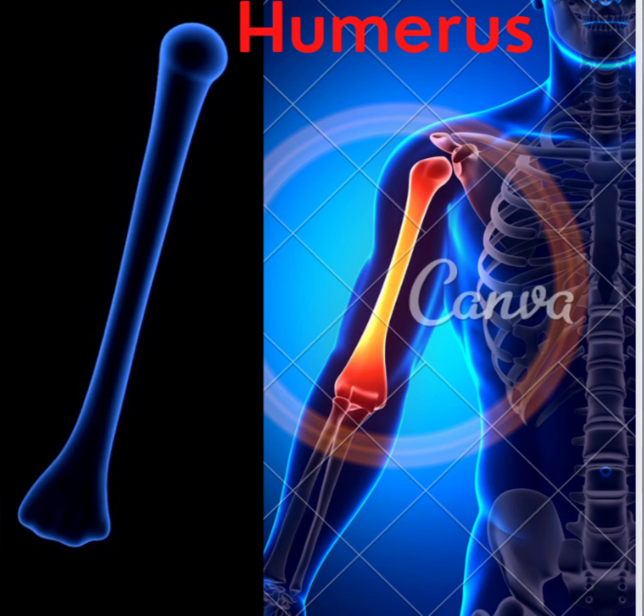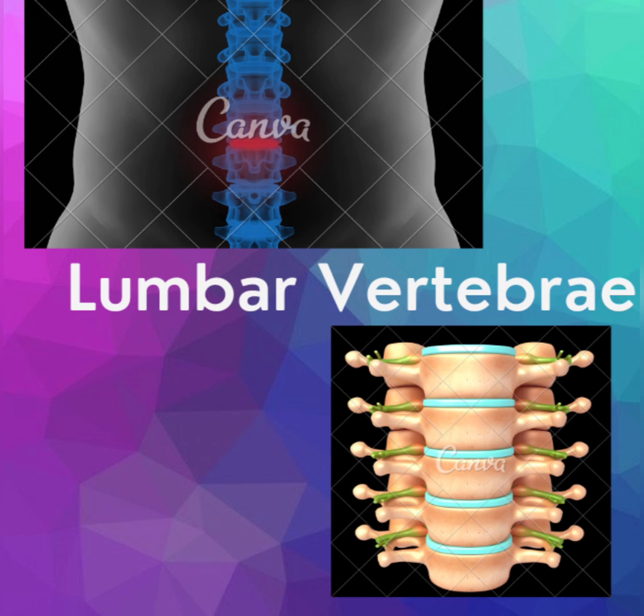The humerus is a long bone in the arm that runs from the shoulder to the elbow. It connects the scapula and the two bones of the lower arm, the radius and ulna. The lumbar vertebrae are bones that make up the spinal column or backbone, specifically within the lower back. They are the largest of the unfused vertebrae and are larger than the bones located above.